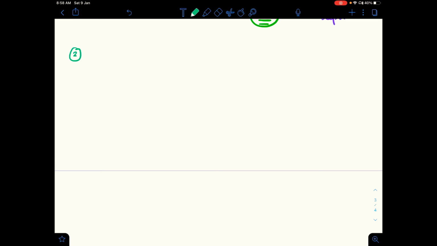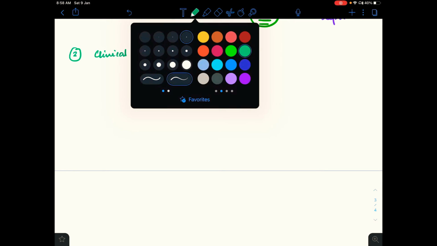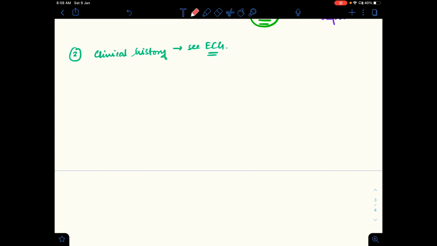We can have a clinical history, and we have to then see the ECG of the patient. The history can be of two types, basically, for a P wave related disease. If we have a history of tricuspid stenosis or tricuspid regurgitation or right ventricular failure, or we could have a history of COPD, or we can have a history of pulmonary hypertension.